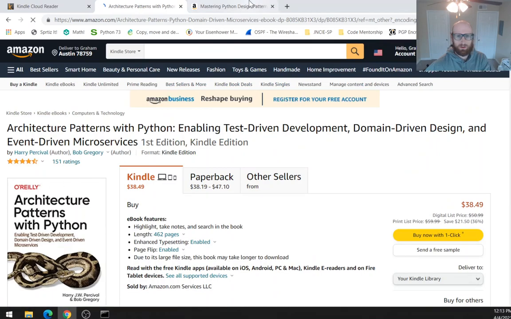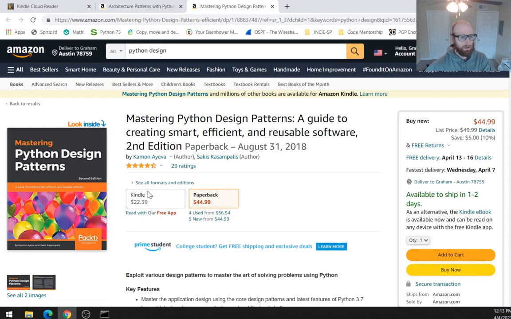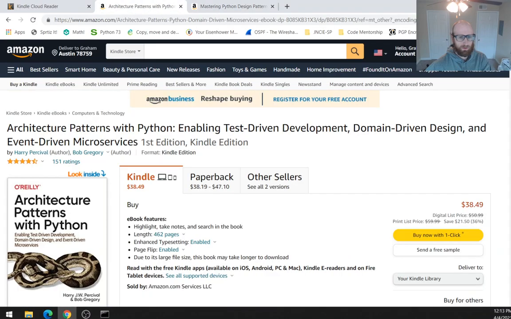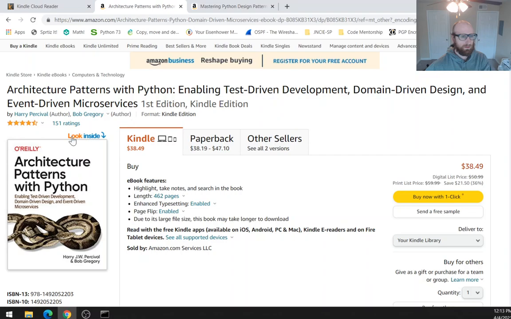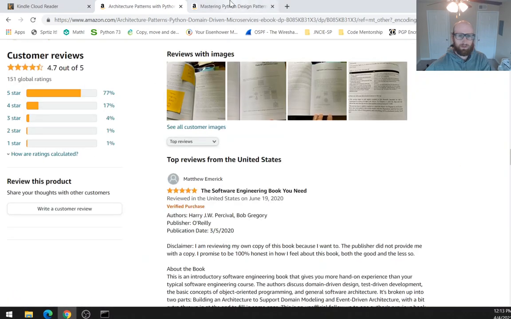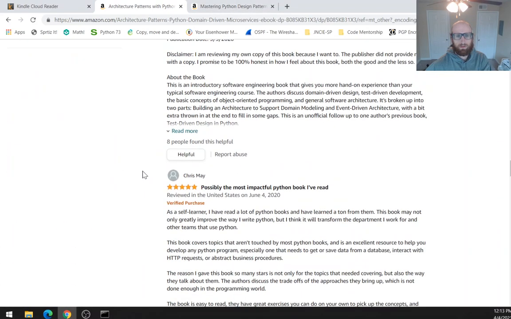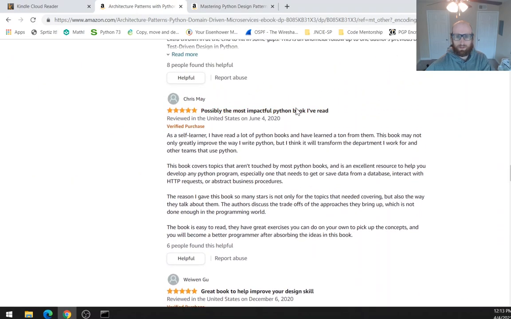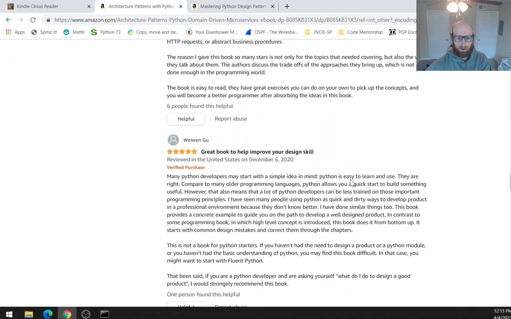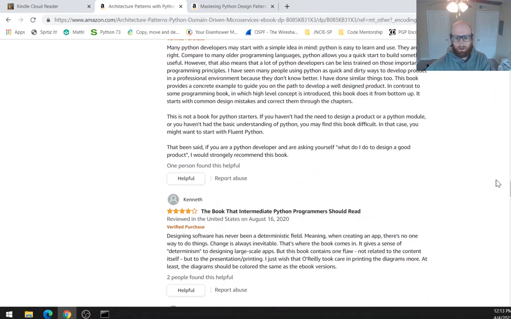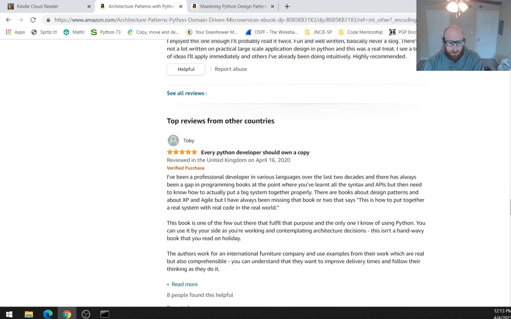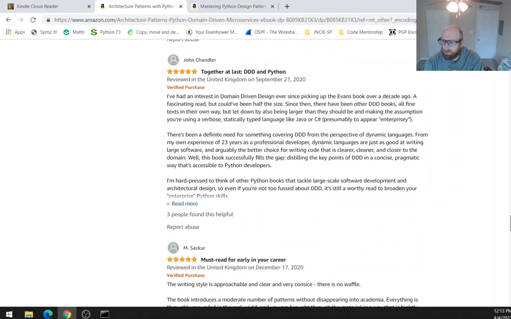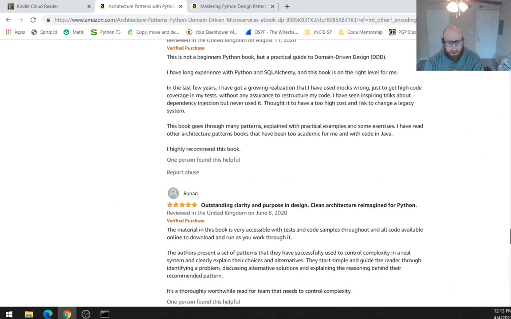But this looks really good. I'm not sure about this one. It only has 29 ratings. This has 151. Yeah, most input. See, this is what I need. I need a really impactful book. That's intermediate. Yeah, I'm intermediate right now. I consider myself intermediate. So if this can take me to the next level, because I've found I'm clearly